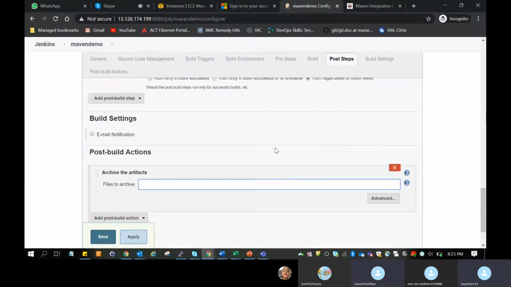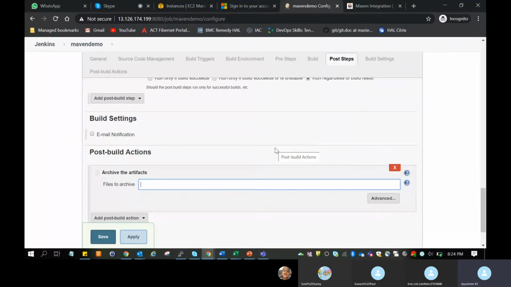What is the meaning of that one? See, after building the project, you might get some output from that program, right? Say, for example, if you write a program to get a list of all the users who are present in an organization to be downloaded in an Excel file. So once you run that project, the output will be the Excel file, correct? So in the same way, that Excel file, if you want to save it.